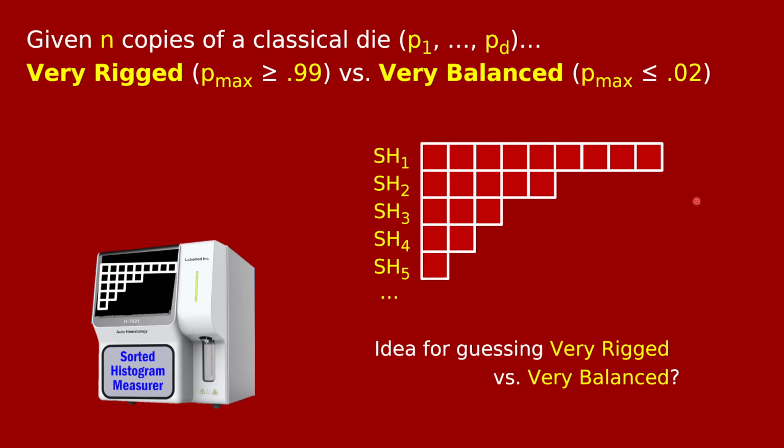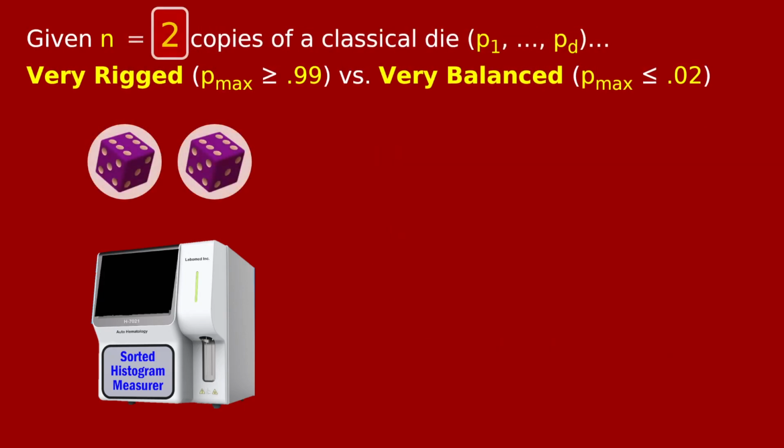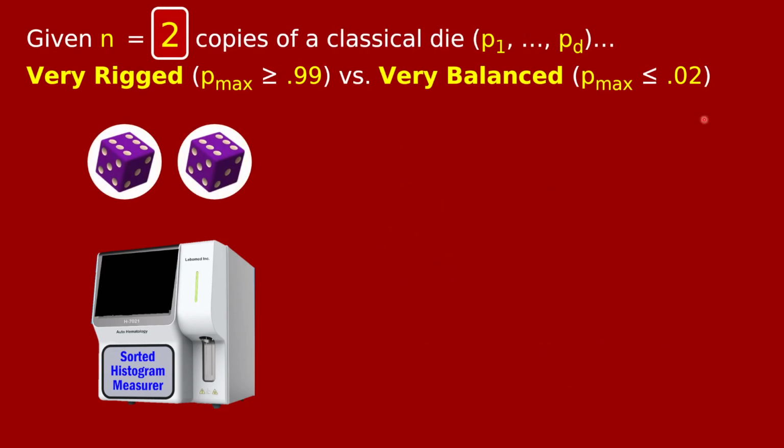So this is where the algorithmic strategy or brain power comes in, going from these counts, this sorted histogram, to your guess. And it'll be a little bit easier to think of it if we imagine that instead of n copies, you just get 2 copies. I start with 2 because if you just roll a die one time and you see some outcome like 3, it gives you absolutely zero information about whether this is the very rigged die or the very balanced die. So you really can't get anything going until you roll the die at least 2 times. But actually, as we'll see in a moment, if you do roll the die 2 times, or you get 2 copies of the dice, you can make a very good distinction between the 2 cases.